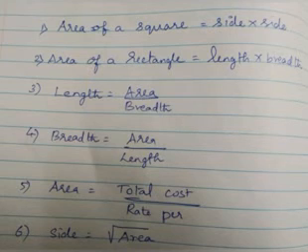The questions will be like carpeting the room, cultivating the field, flooring the room, covered with tiles. All this means we have to find the area of the given rectangle or square. And one more formula is, if the total cost of flooring or total cost of cultivating the field is given, and also the rate per unit is given, that is per meter square or centimeter square, you have to find the area using the formula area equals total cost by rate per unit.